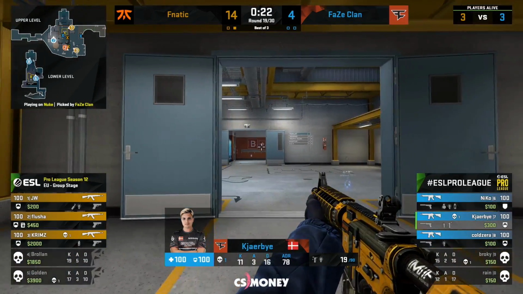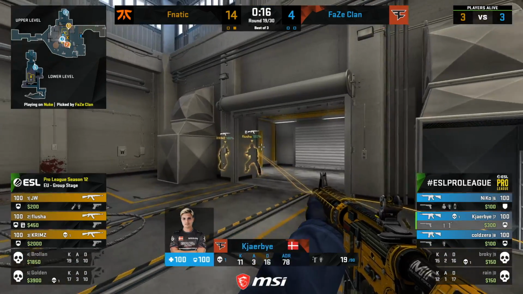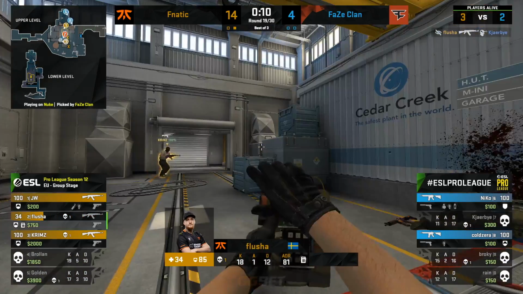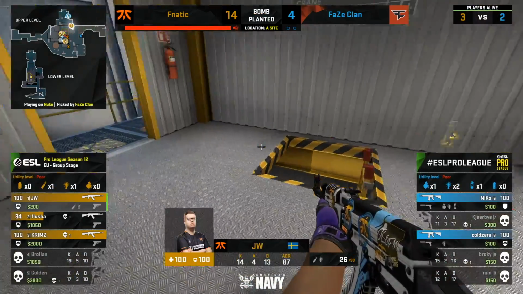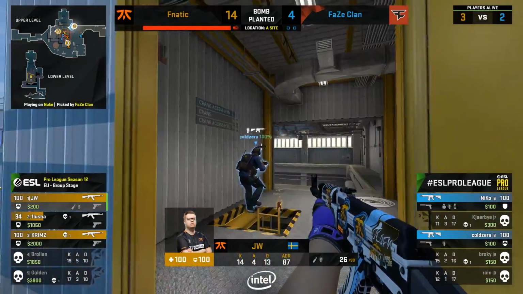Still, no clear indication where this one's looking to end up, and that's why it's so awkward for FaZe now. They're looking for answers, and the answers are going to come to them. Kierby not able to respond. Flusher is fully blinded, still gets that kill locked in, and now the bomb planted. It's a 2-on-3 that FaZe don't really have any other choice but to attempt, and with Heaven Control go in the way of JW. This should be...